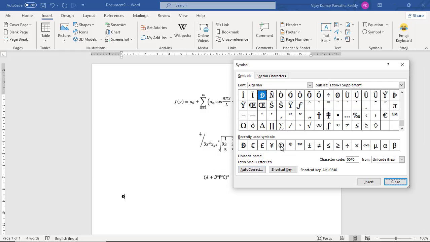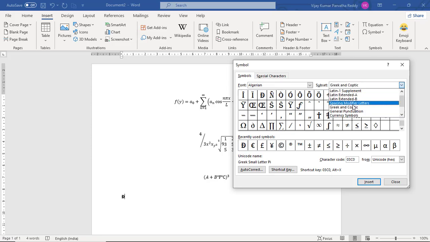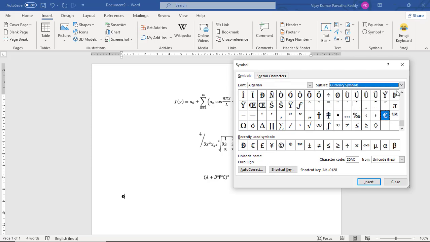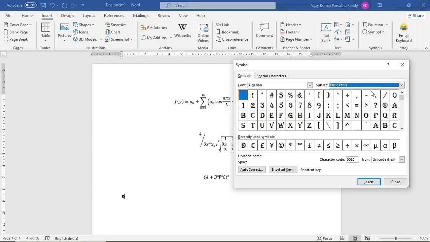And recently used symbols also. And I am changing, suppose Greek, symbols will come, and Basic Latin. So like that you can select the number of symbols and finally insert.